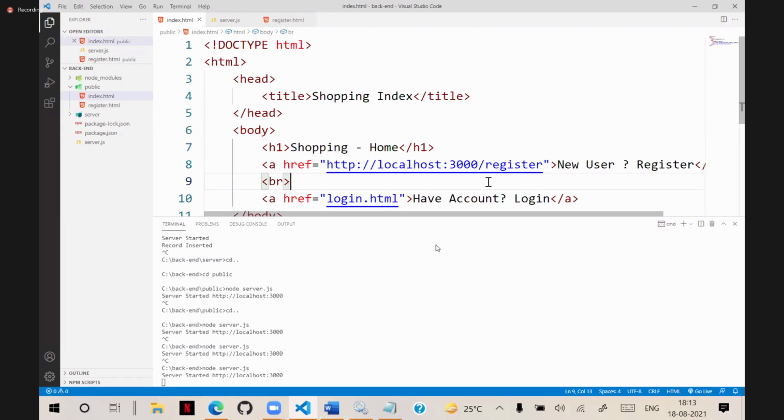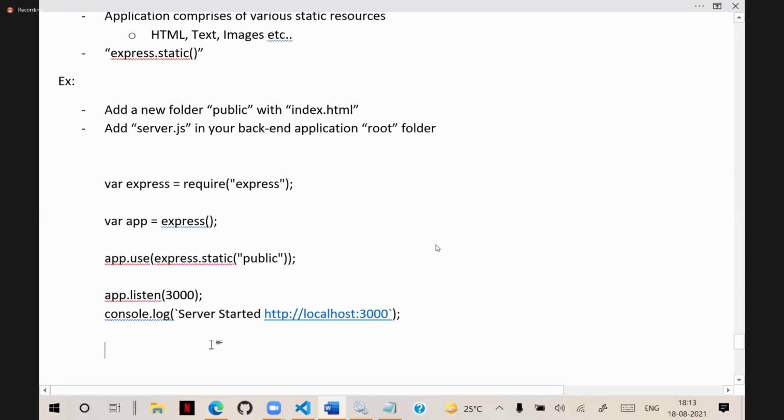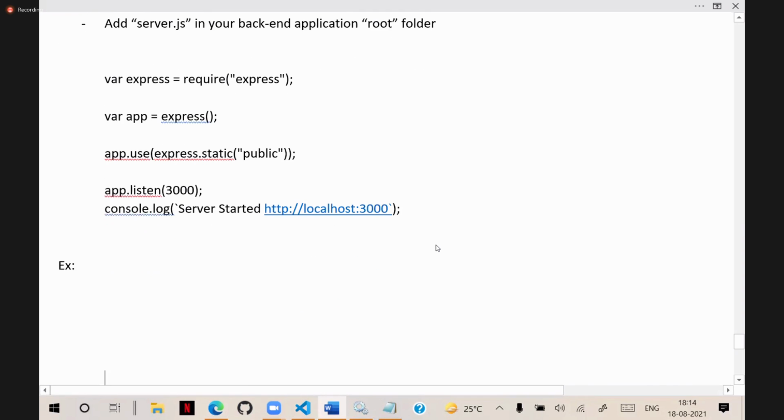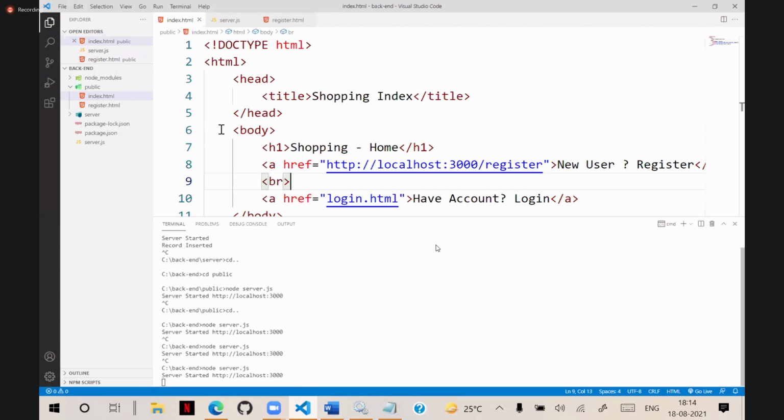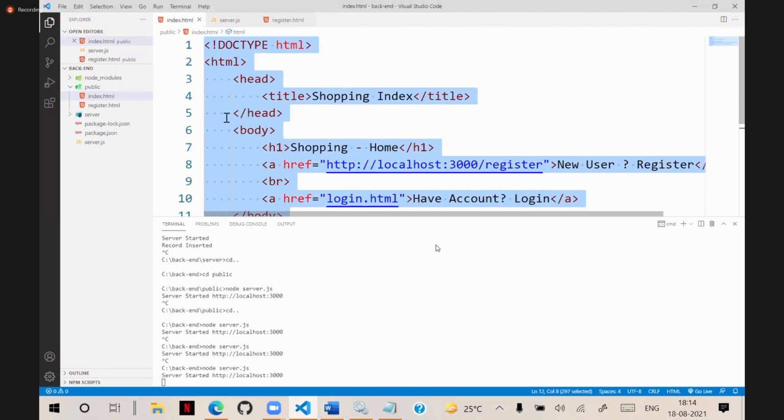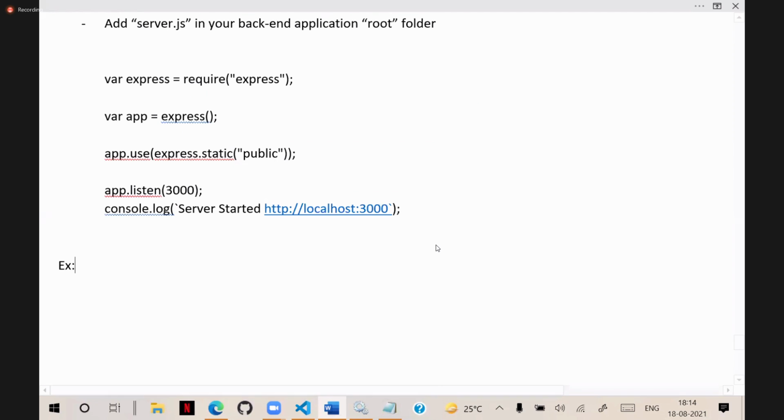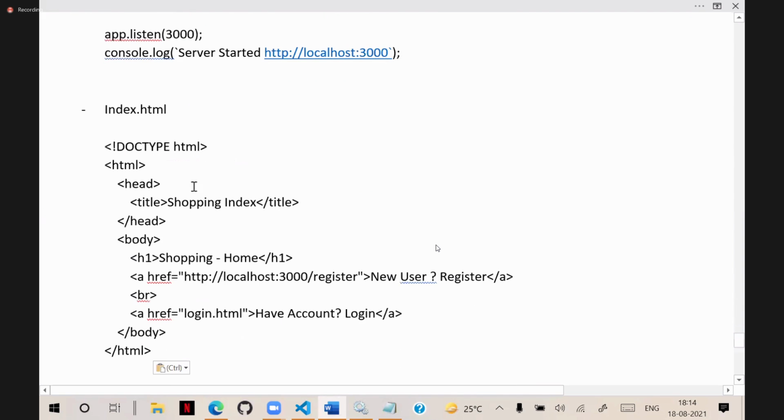This is one general example of how we can configure an application that can serve the static files and handle the navigation. Everything you can configure in this now. This is index.html. So index.html, we are adding this logic. So that's how we are configuring.